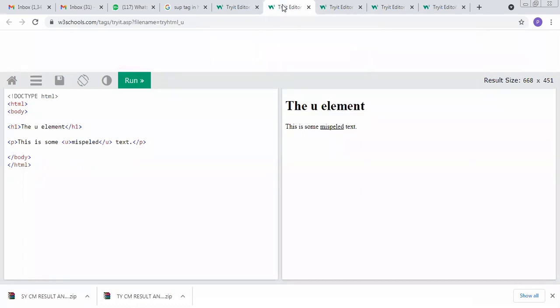Next is the underline tag. Basically, whenever we want to underline a particular text or word, we can use the U tag in HTML. Here is the example of the U tag. Again, we consider the same example. We want to display my name.